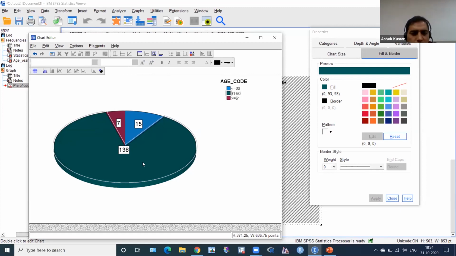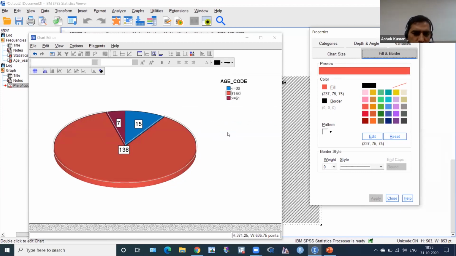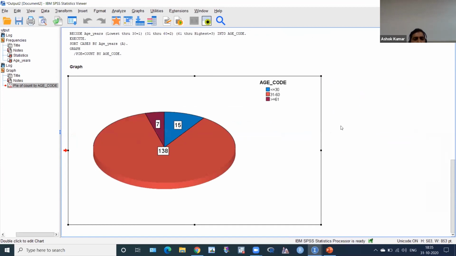Then I want to change this color, so you have to click on what you want to color. This is the property, and I want this one. Okay, light red, click okay, apply. Then this will come in preview and fill, then click apply, so it automatically changes. Click okay, it will come here. Okay, it's looking good. Then click cross. Okay, I want this color. Very good.